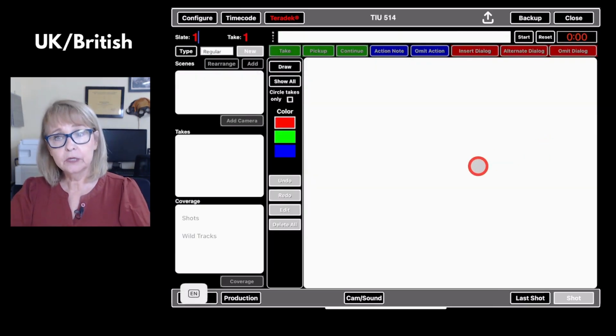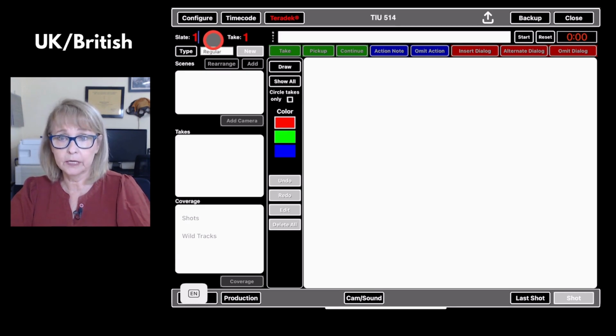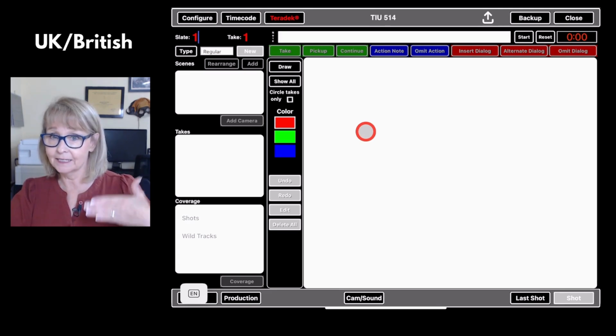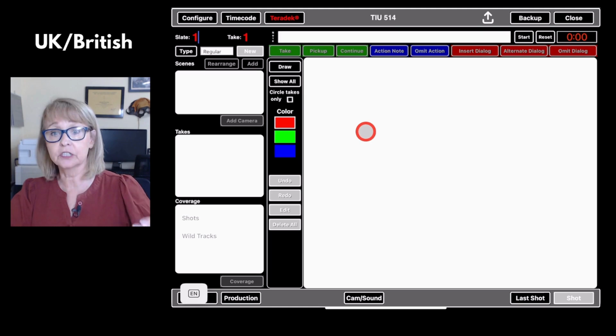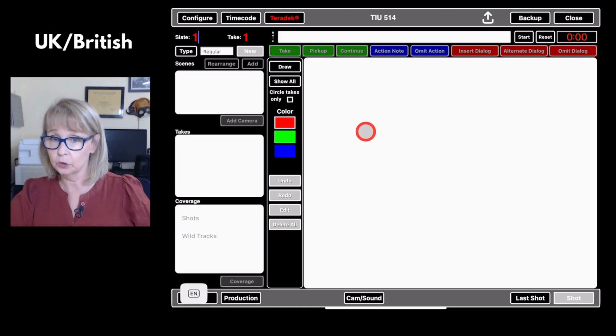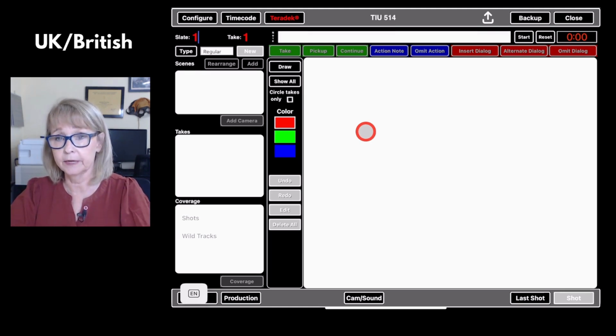Okay, so if you notice, the first thing, it's going to look very similar to the American version in Scripty, because it always starts with number 1. Okay, so if you start a new shoot day in the American version, it's going to start with 1. In the British version, you're also going to start with number 1, unless it's a second day, because the second day it's going to just continue from the shots that you were before, and I'll show you what I mean by that in just a second. Okay, but say we're